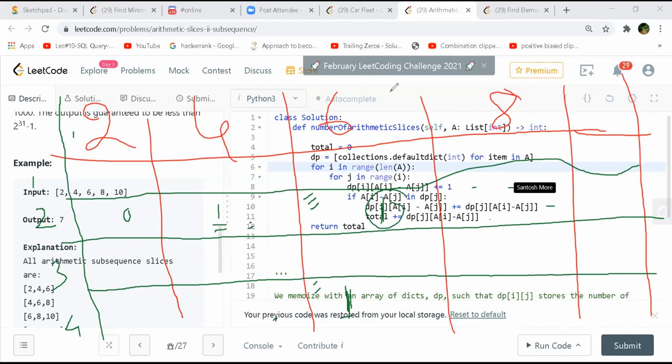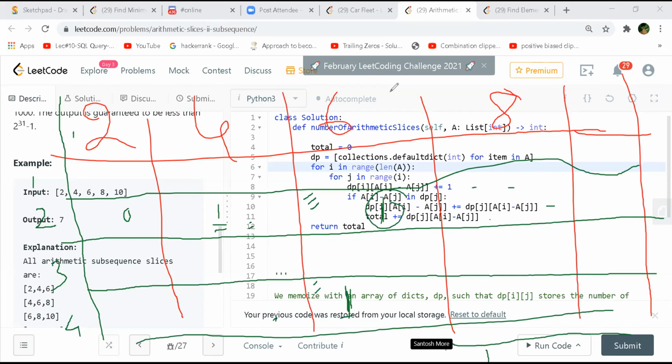So from 2 to 8 the difference will be 6. And if we had another row which was 6, then we would mark that as 1. Okay, we don't have it, that's fine, we just ignore it for now. But then we come to 4. So 4 and 8, we have a difference of 4 over here, correct? So in this case we can update 1, and that will be a part of our solution,